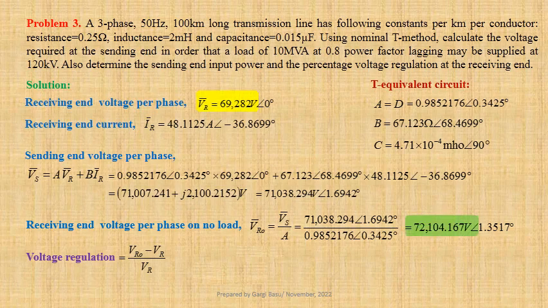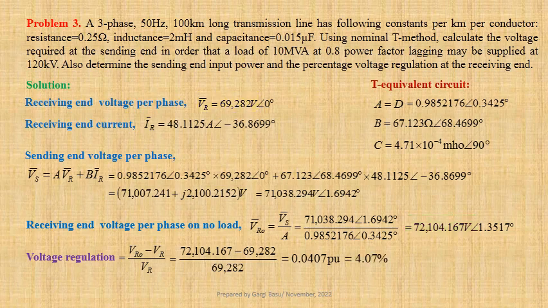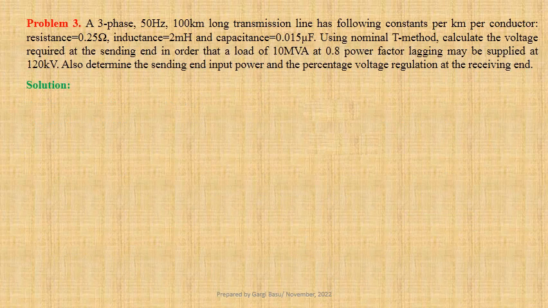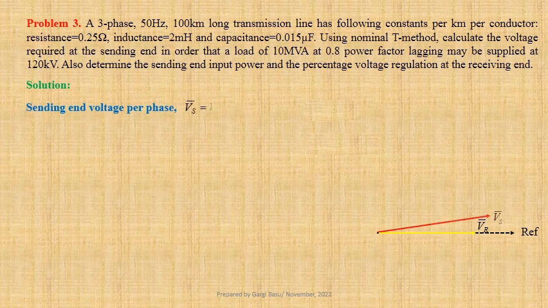Using values we get 72,104.167 minus 69,282 divided by 69,282, that gives us 0.0407 per unit or 4.07%. We have computed sending end voltage per phase Vs equals Vs at an angle delta equals